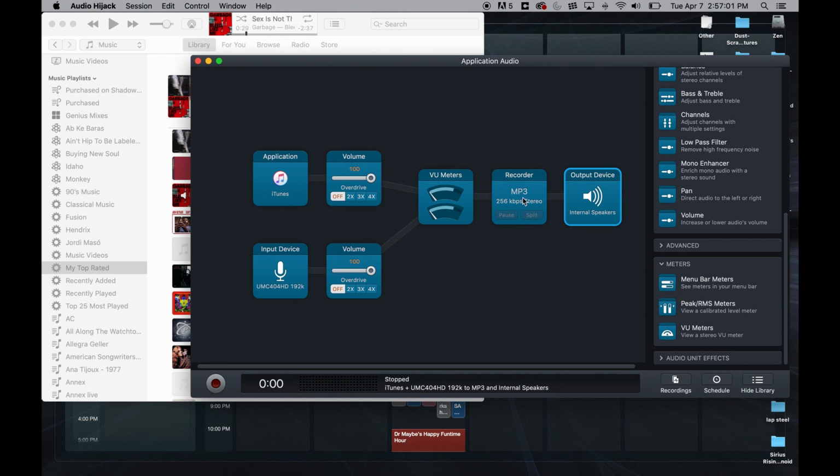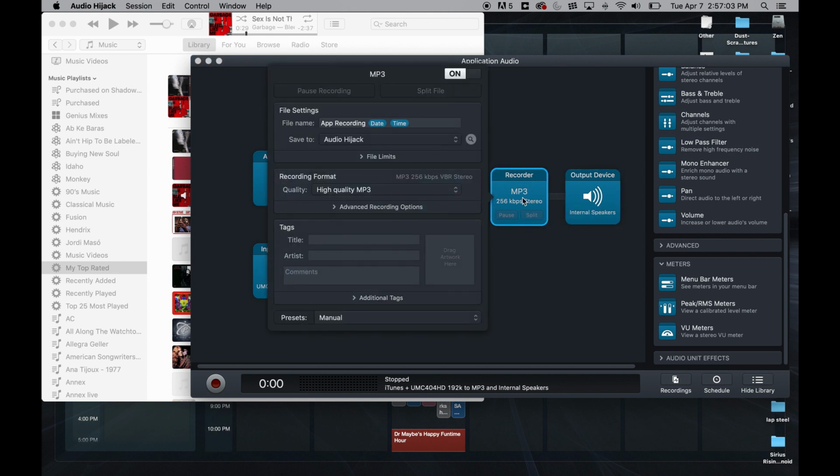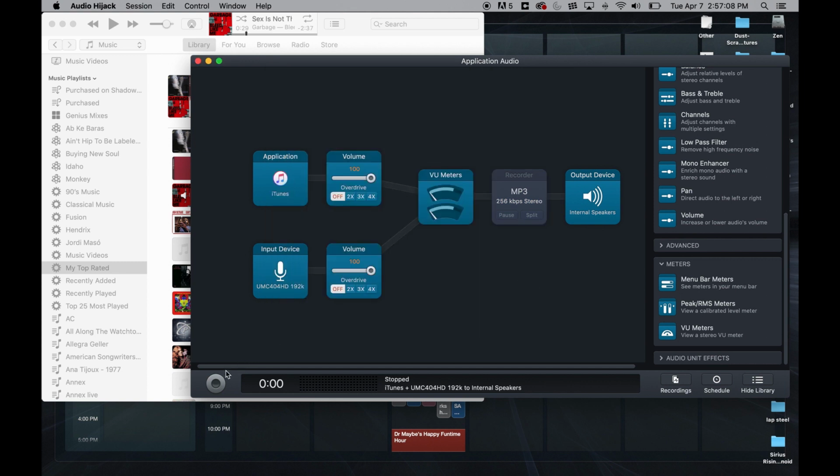We're just testing. So if we click on the recorder portion of this, we can turn it off. And then when you press record, it doesn't actually record anything. It just shows you what the levels are here. So I can set the volume this way for my microphone, and I'll want to test some music here